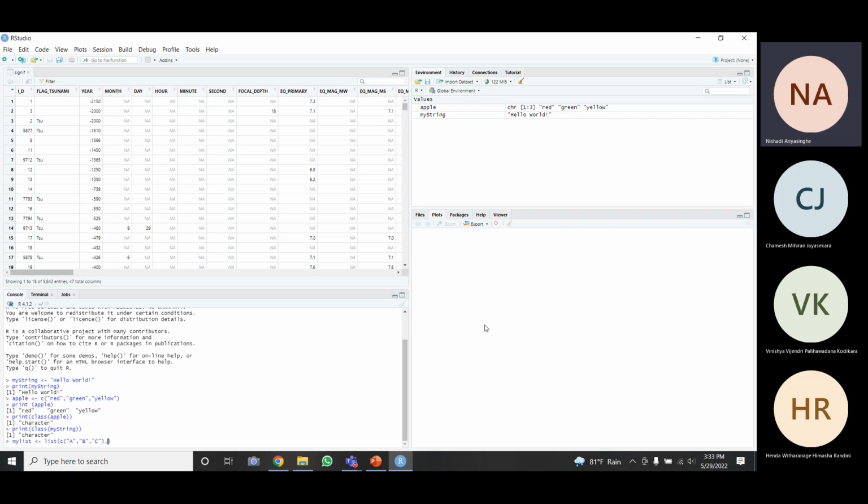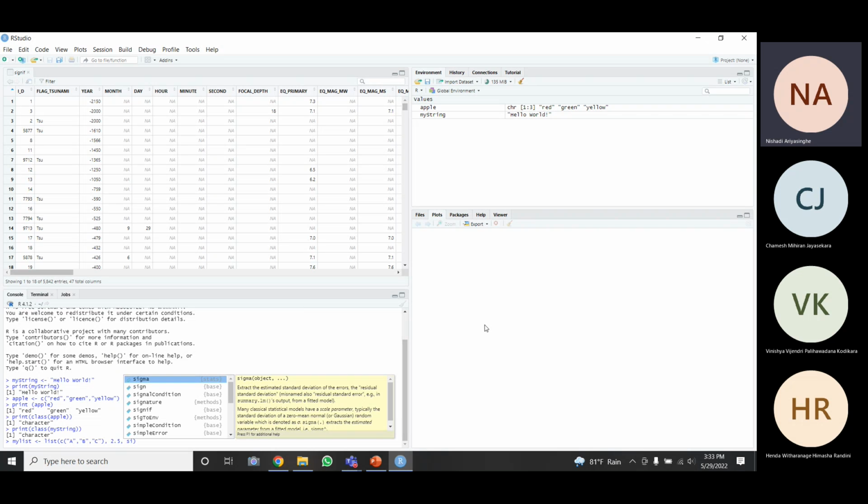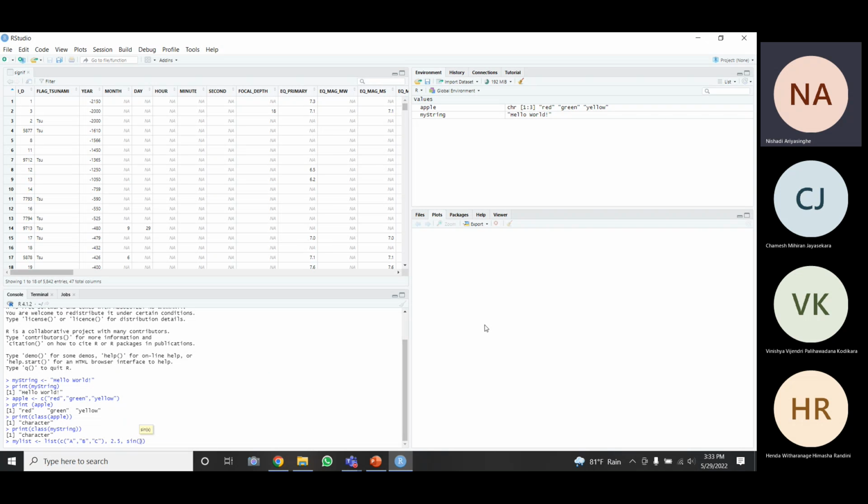That is the first element of my list. Then I'm going to include some data or a variable. Since I am including numeric data, I am not going to write any inverted commas. Then I'm going to include a function. So there are a lot of functions, like sine, sin. So I'm going to include the sine function.